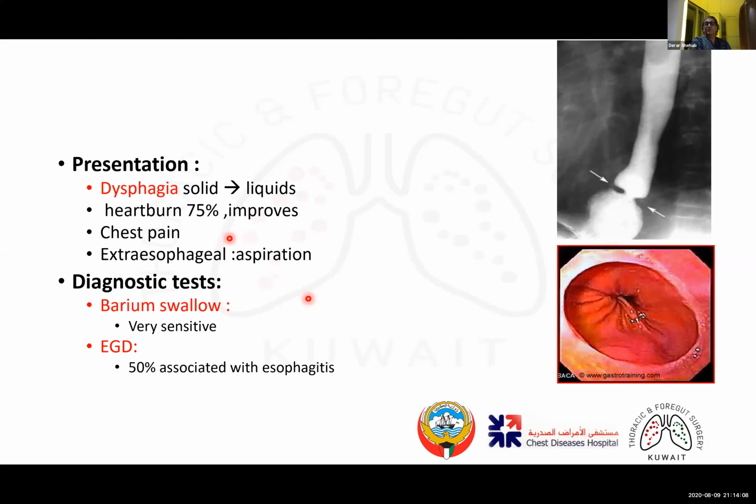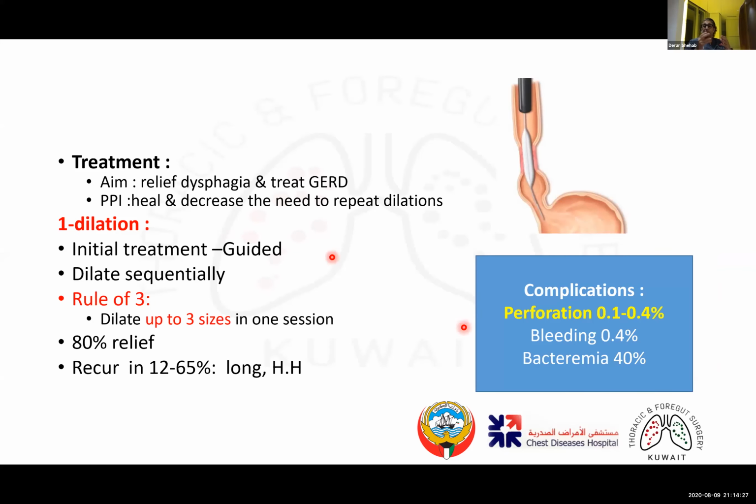The gold standard test for stricture is barium swallow. You can easily diagnose that, like we see here. But definitely upper GI endoscopy is crucial. We can use upper GI endoscopy for both diagnosis and treatment. The treatment of